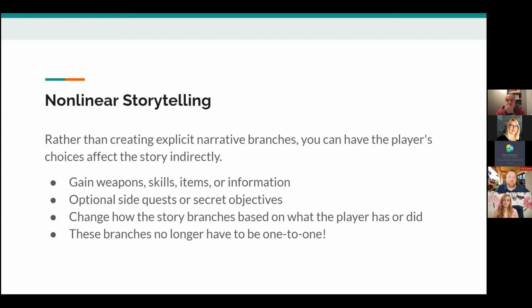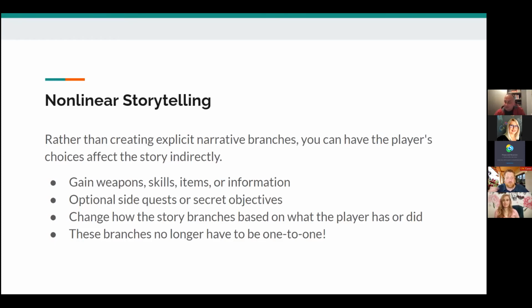And you can have optional parts of the game, side quests that the player can do but doesn't have to do, or secret objectives that they can fulfill maybe without even realizing it. And then change how the outcome of the story is determined based on what the player has or did.